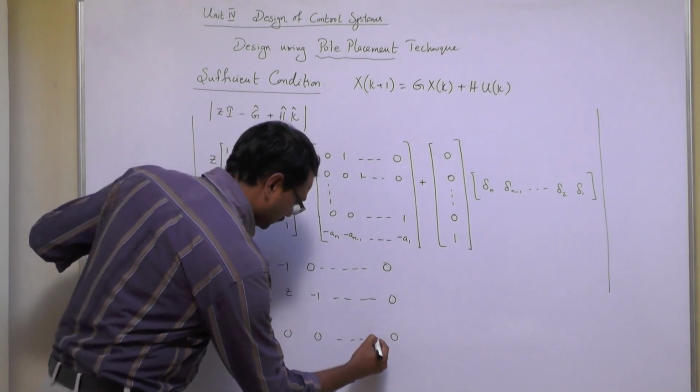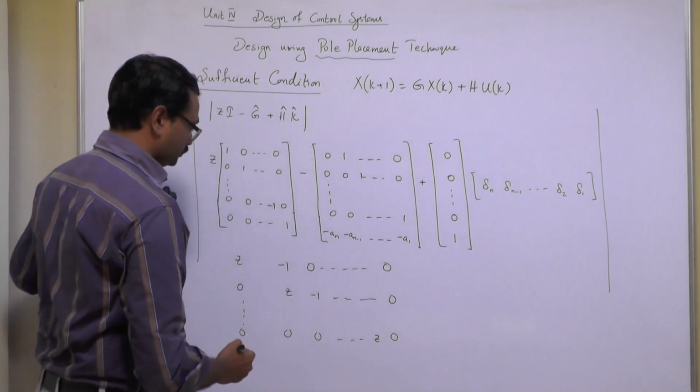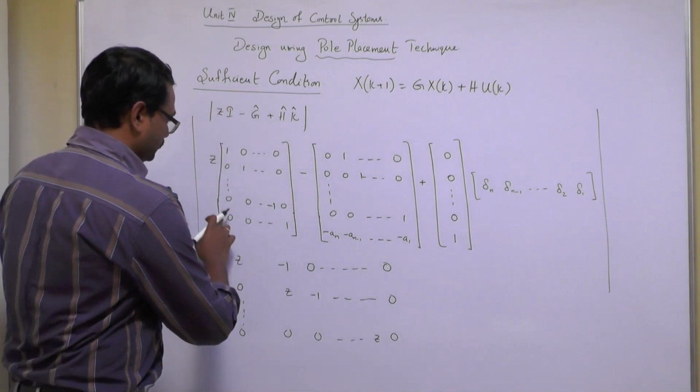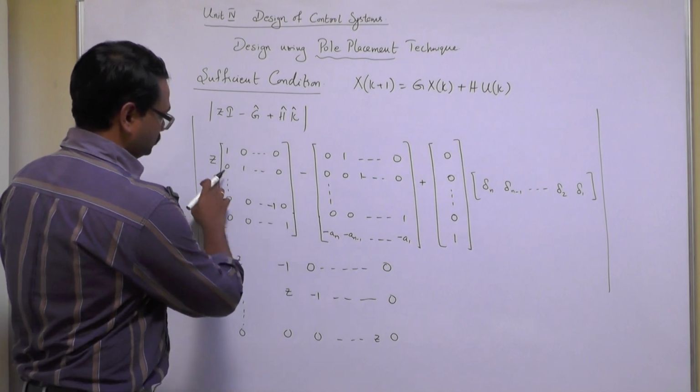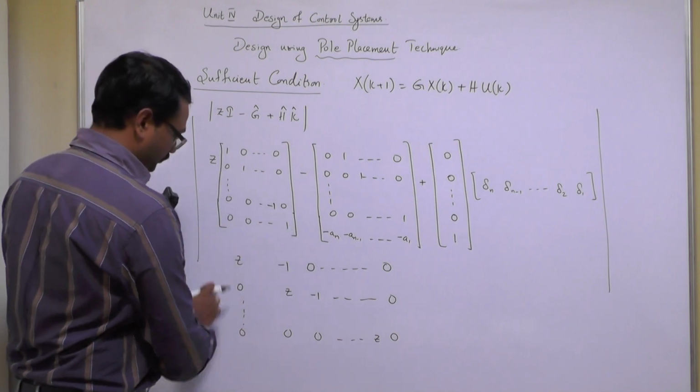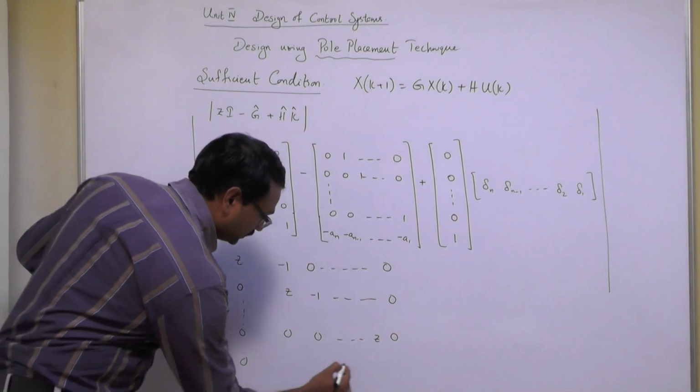You have somewhere again Z and minus 1, right? And 0, you have here Z, the first row is 0 and